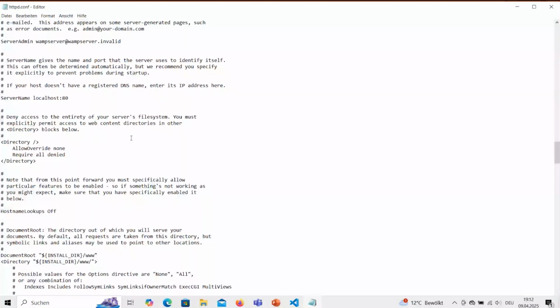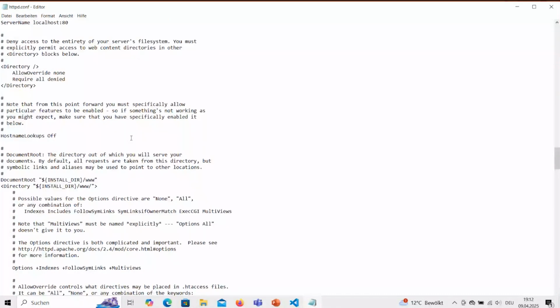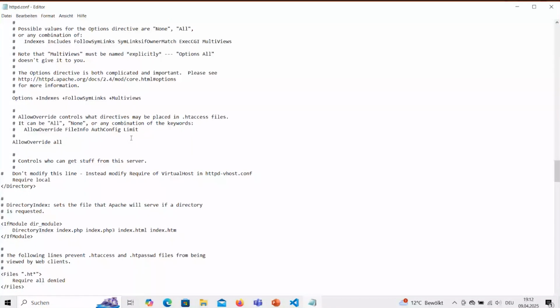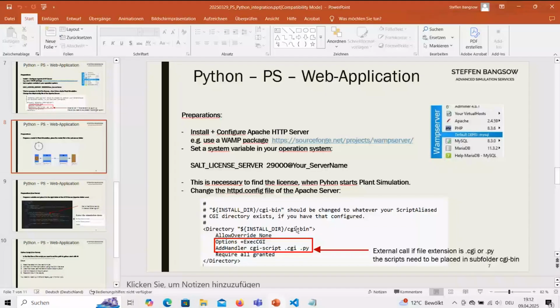Okay, I have this in my presentation. Somewhere there's the area for CGI bin. This is where you need to install or place your CGI scripts.